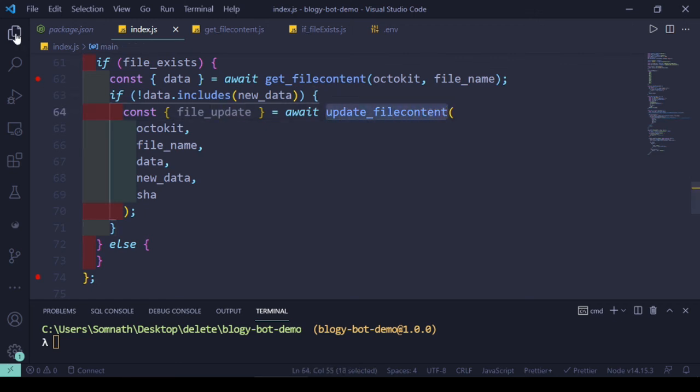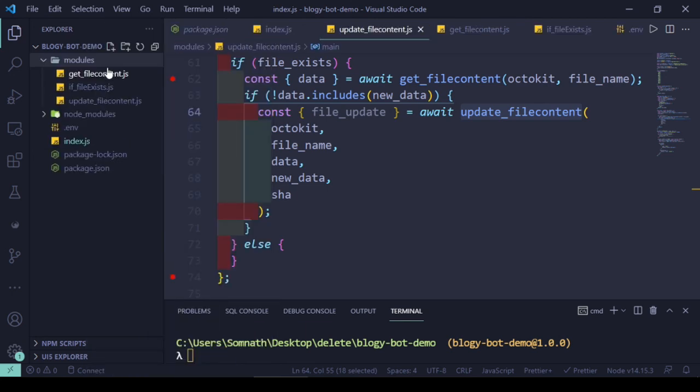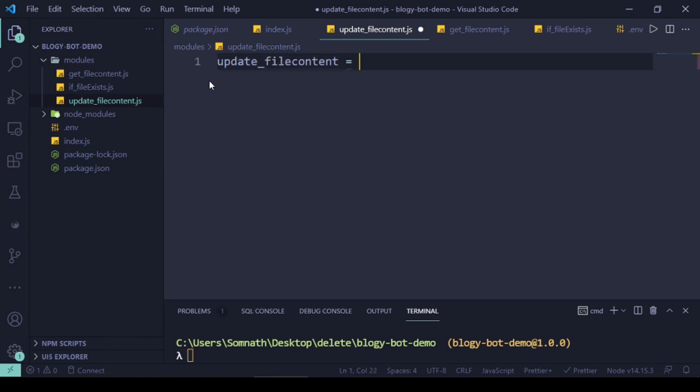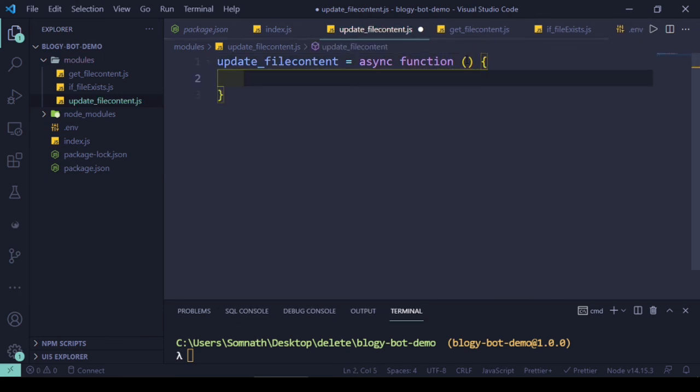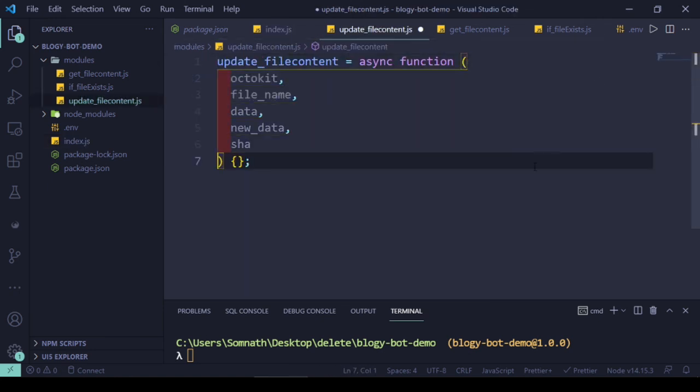Let's do that now. Create a file called update file content.js, and here let's do something like async function, and we have to add a lot of things now. One is octokit, one is file name. Next what we send from index.js is the data, so let's copy all and put it inside that. Okay,